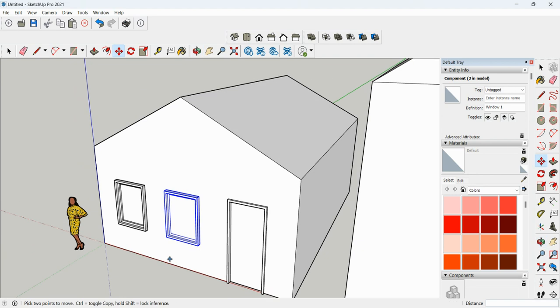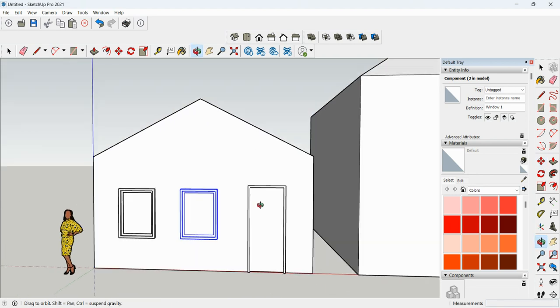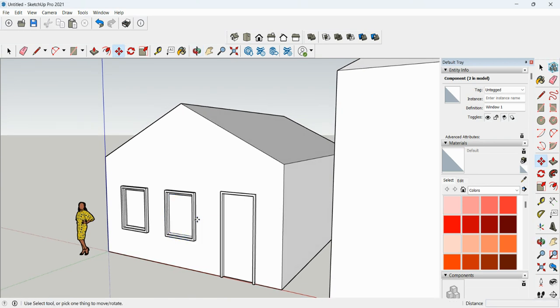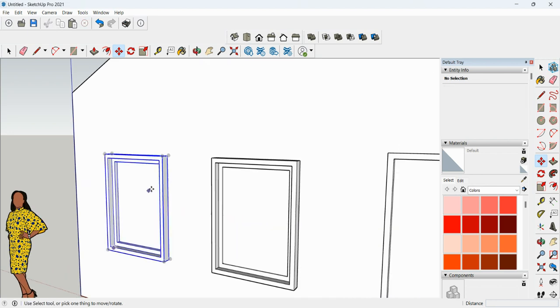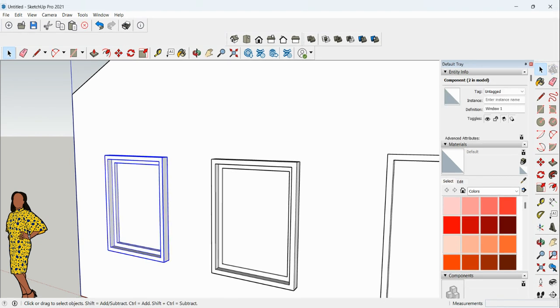So that means when you move it, it is aligned to the original one. So you have two items. So you've created a window. Now, what is the characteristic of a component? A component is editable. See what's going to happen? I want to modify this window. Just use my selection. Right click and you say